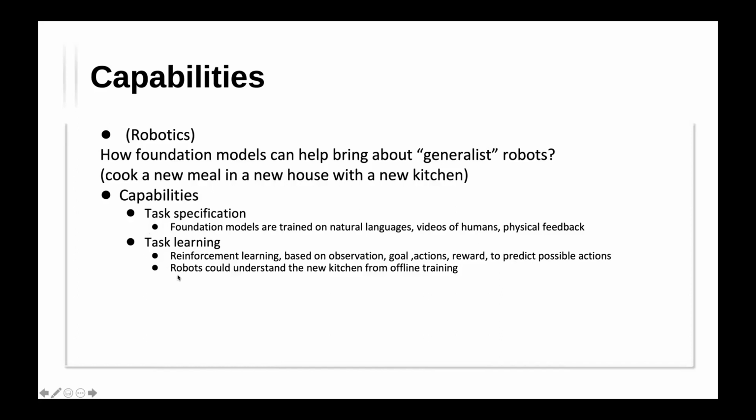And the capabilities of robotics include two points. The first one is task specification. That is, how can you give a command to robots so that it understands? The difficulty lies in that, for example, you have a command like make breakfast, but how can a robot know